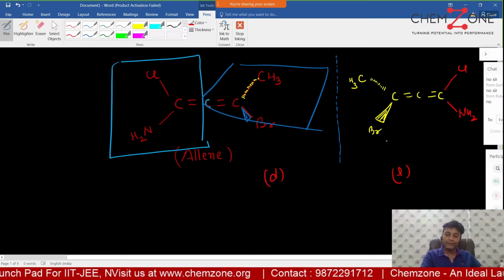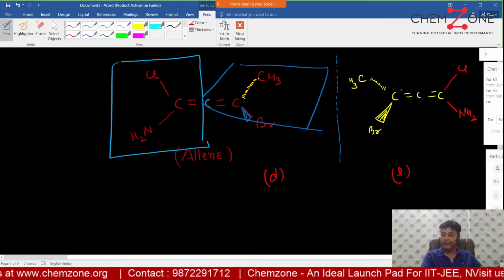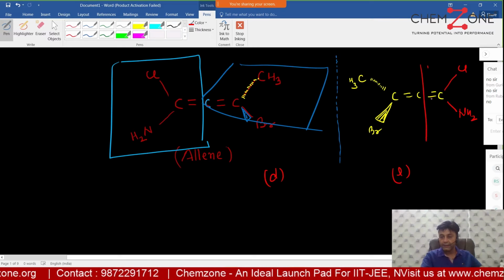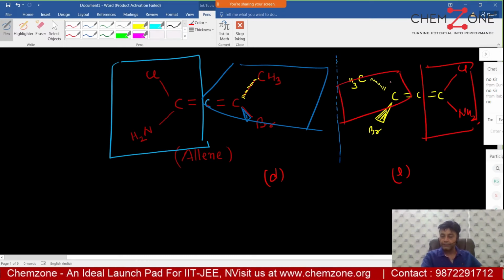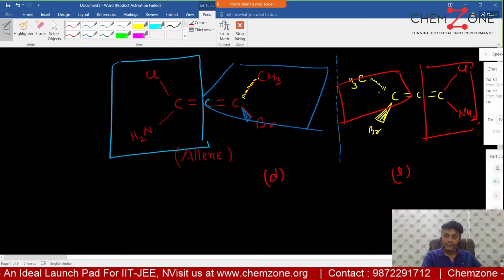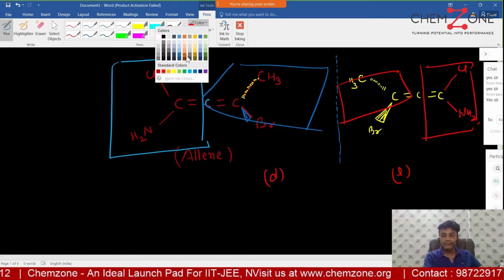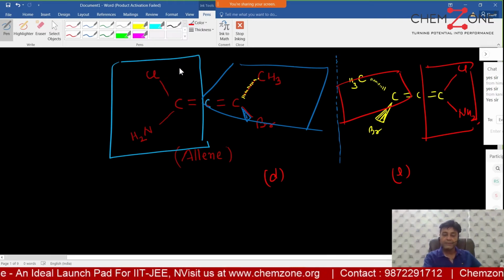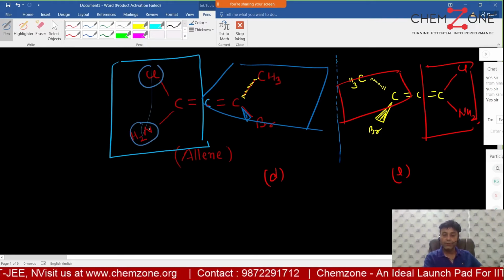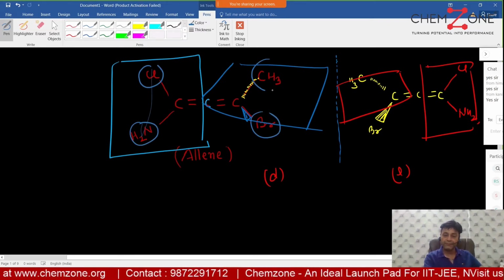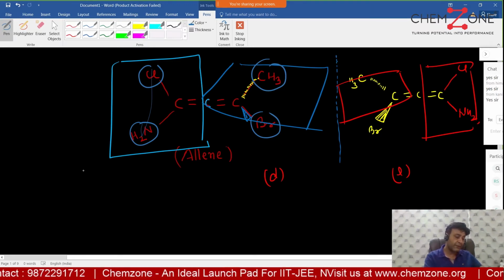Even though it does not have any chiral carbon atoms, it has a dissymmetry because this part is in the plane of the screen and this is perpendicular to the other. Are you getting this? Right. Himanshi, Shivya? Okay. The necessary condition is again the same: it must have dissymmetry, and all these four atoms or groups of atoms must be different.